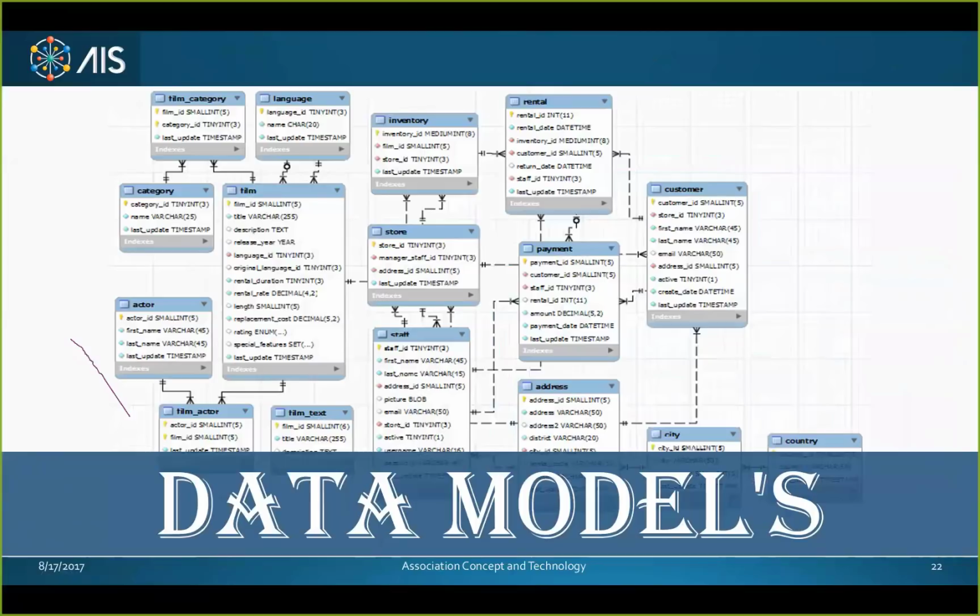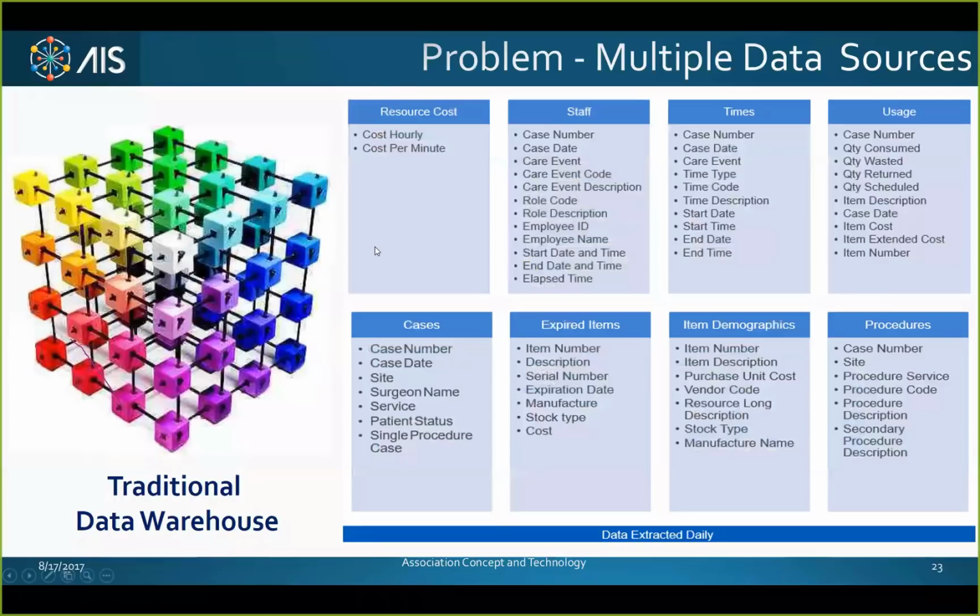Now, data models. This is the world that we live in. Everything that you do, every time a businessman says, I want to build an application, this is what needs to be done. And whether you're using SQL, whether you're using Hadoop, it doesn't matter. This is what you need to do. Everything is around these kinds of indices that connect to other indices, et cetera, et cetera. This is what data normalization is all about.